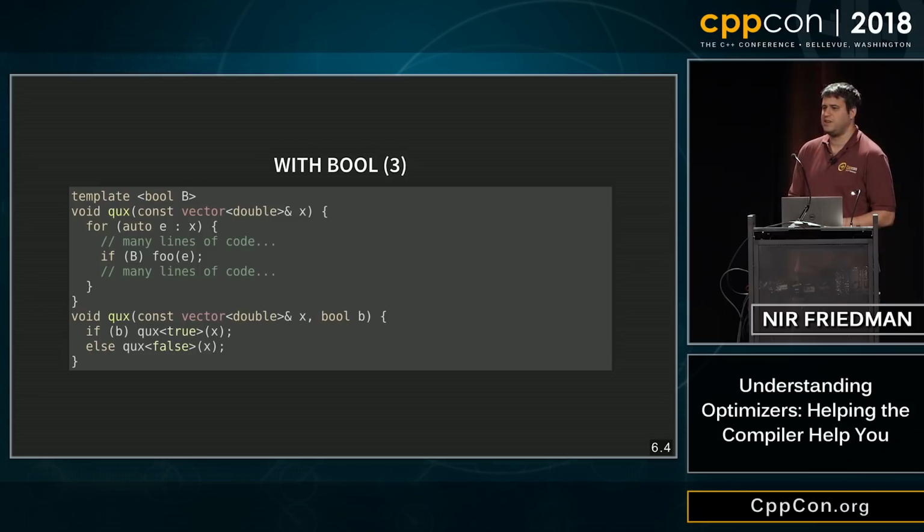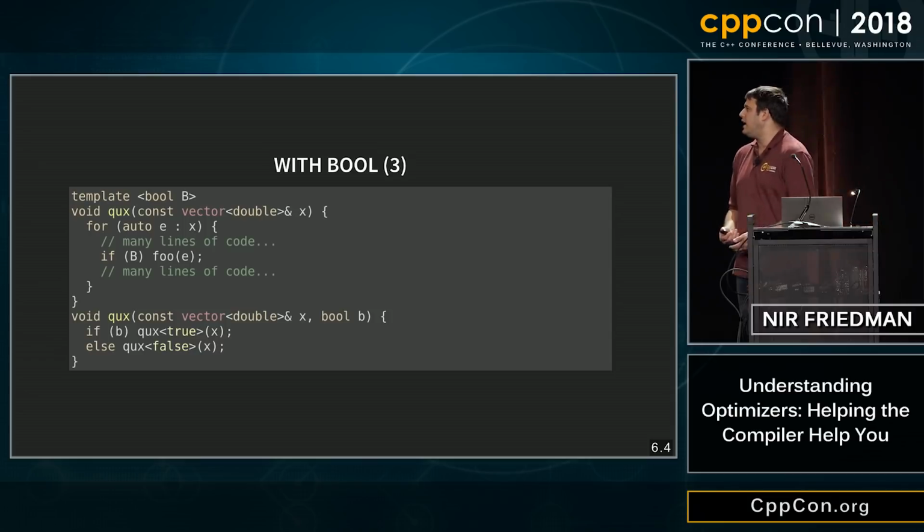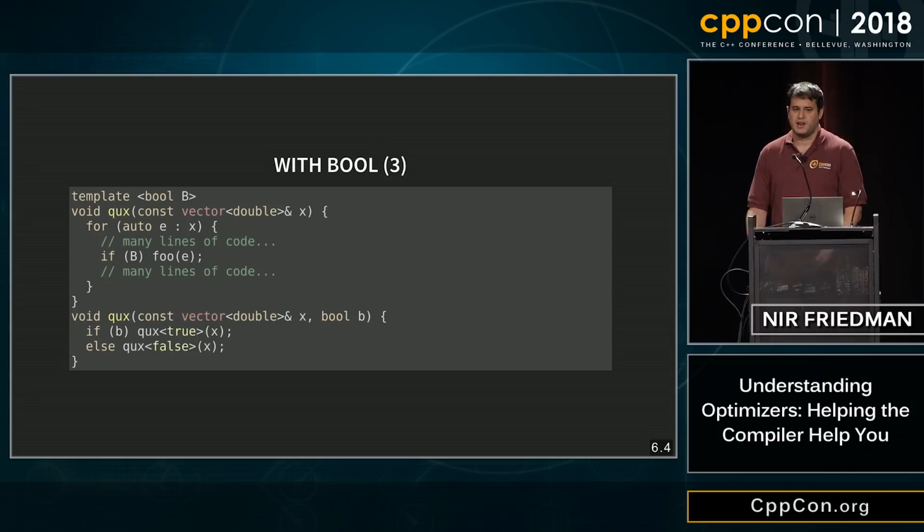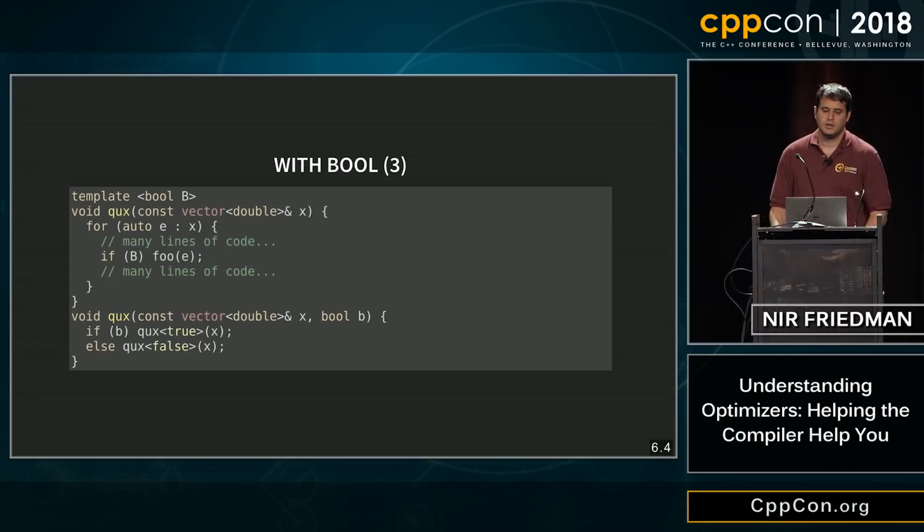So how can we force the compiler to do this, even though it doesn't want to? Of course, templates. I think templates are basically there to coerce the compiler. If you just use a template, though, you'd need to pass the bool at compile time. But we have a runtime bool. That's no problem. We do this. This pattern, I don't know if there's a name for it. I always think of it as a lift. You take a runtime value and lift it back into the type system by paying a one-time cost. So that's sort of what's going on here.